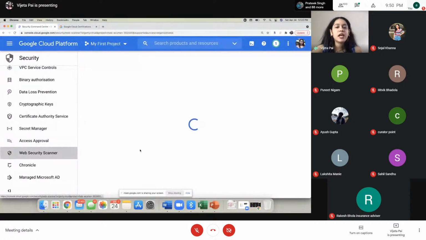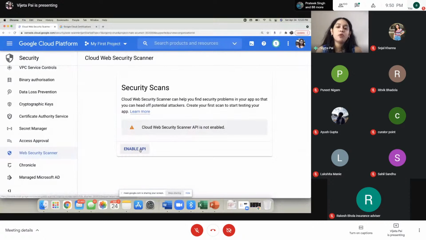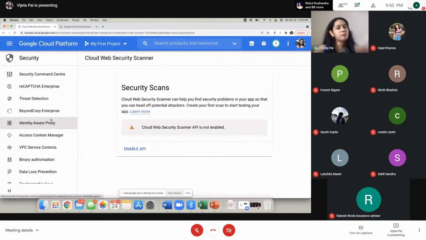And Web Security Scanner, for example, is extremely popular right now, in that it scans your applications and does the testing for you to make sure that your application is strong from within. So these are some of the Google Cloud security requirements. You can just play around if you have a Google Cloud account, or if you want, you can go on to Qwiklabs, that is QWIKLABS, and play around with some of the quests or some of the lab exercises they have, if you will.